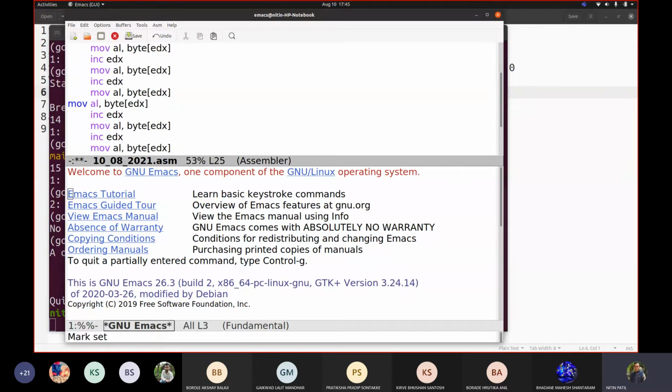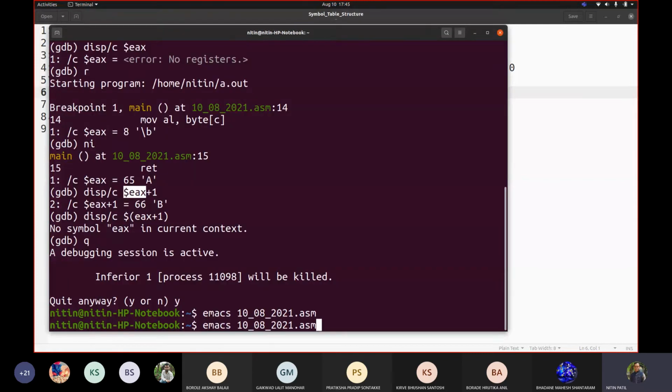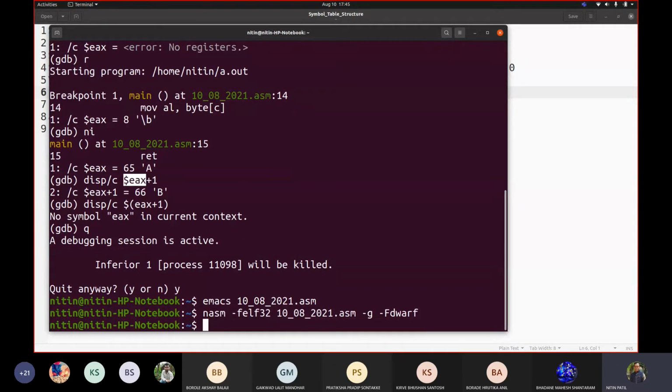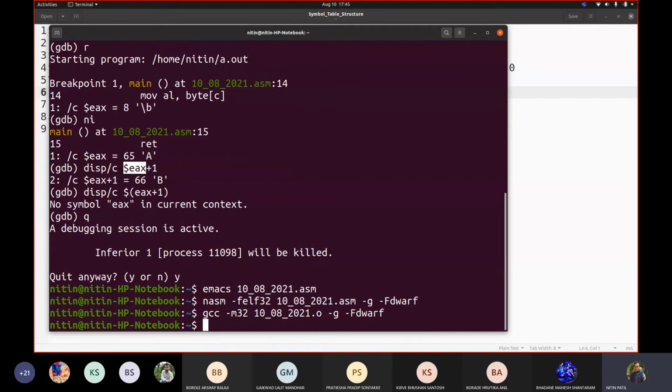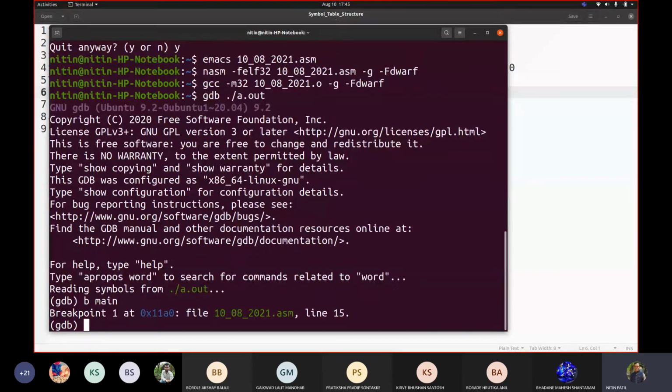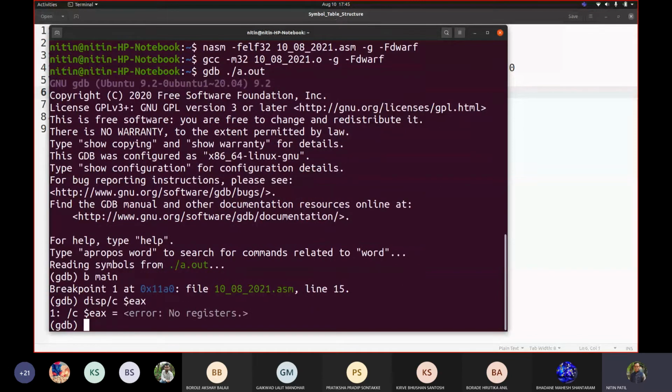So we'll add this code because we are incrementing the value. Sorry, I wrote ED. Yeah, so let us translate. So GCC, let us execute this. So breakpoint main, display dollar EAX slash c. Say run.